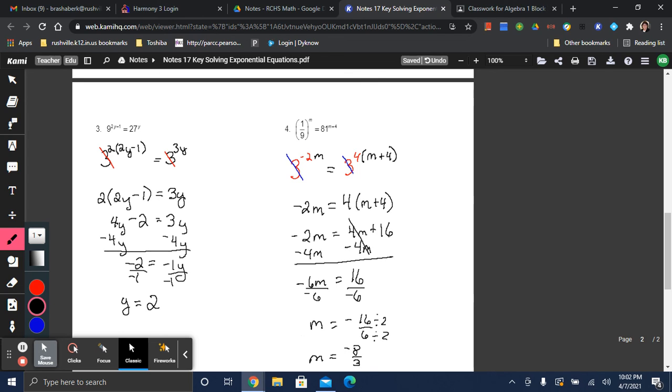negative 8 over 3. So those are the type of problems that you'll have for solving exponential equations, and your